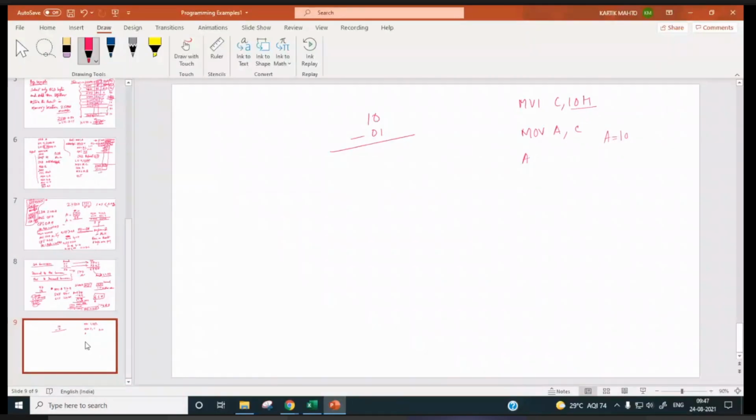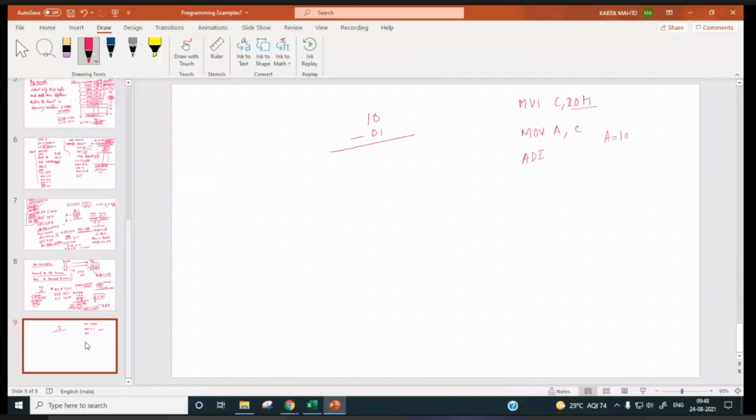Okay, but suppose it is 20, then how much will you subtract? 17. Then you will get 19. Right.